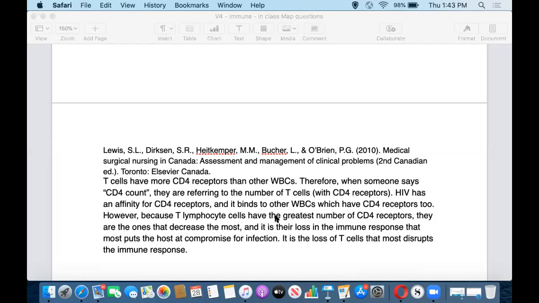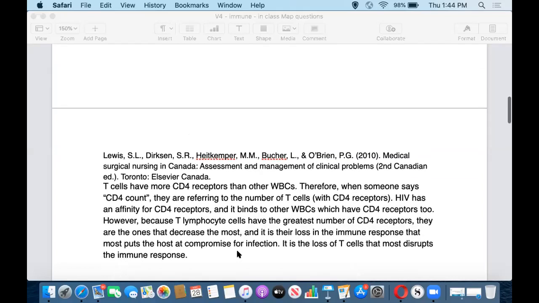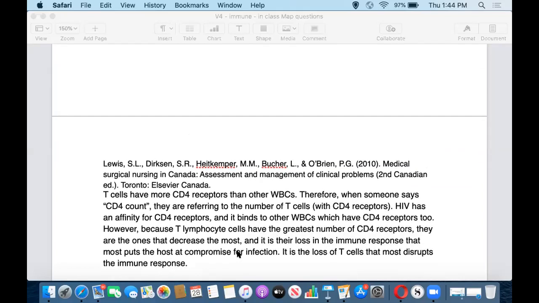Which is why when you have a really low CD4 count, what you're really saying is you have a low T cell count, which makes the host, the person, susceptible to opportunistic infections. And the whole point of antiretrovirals is to decrease viral load, so CD4 count remains high and the body's defenses remain high. So if we just look at a picture here,